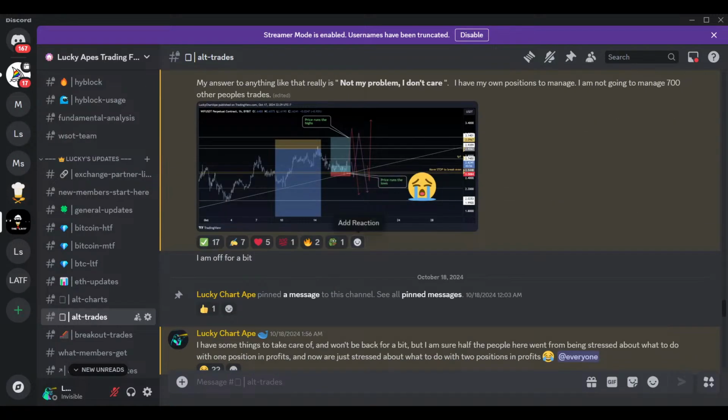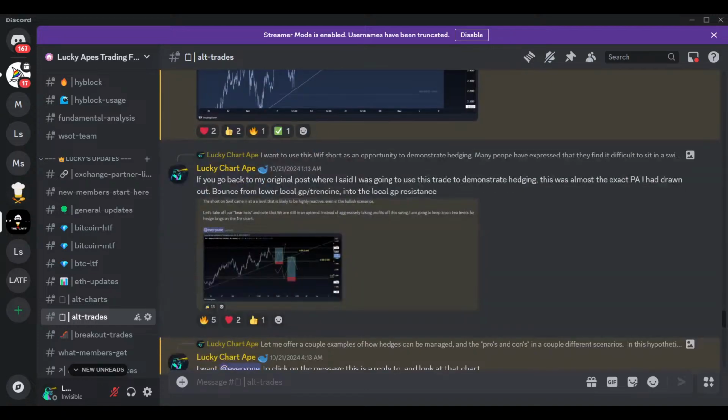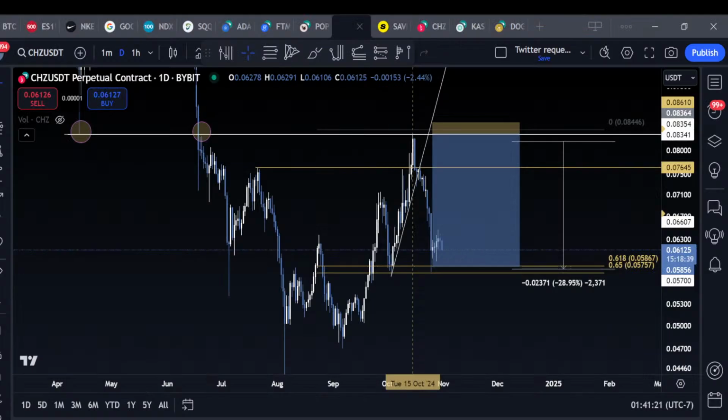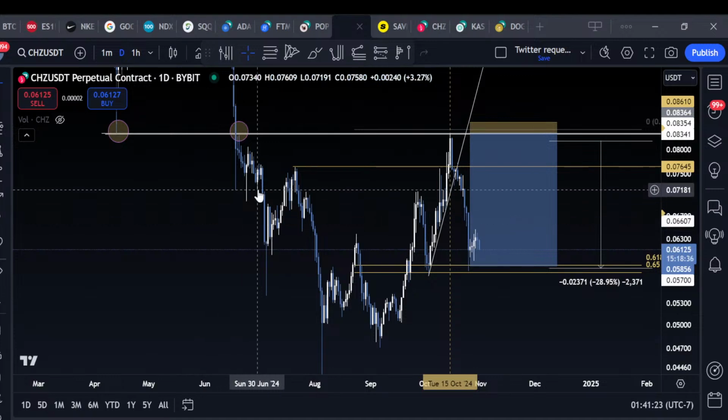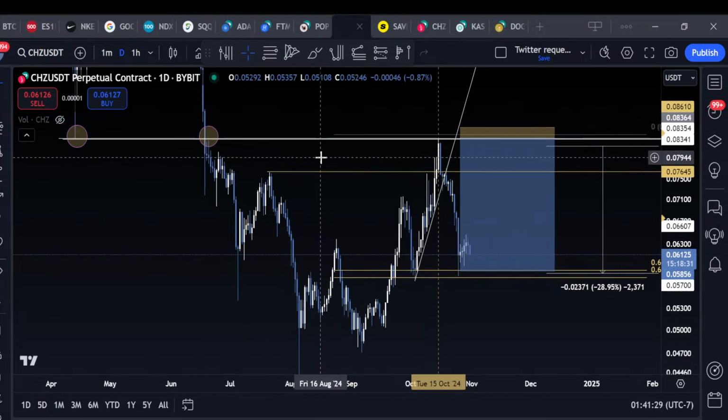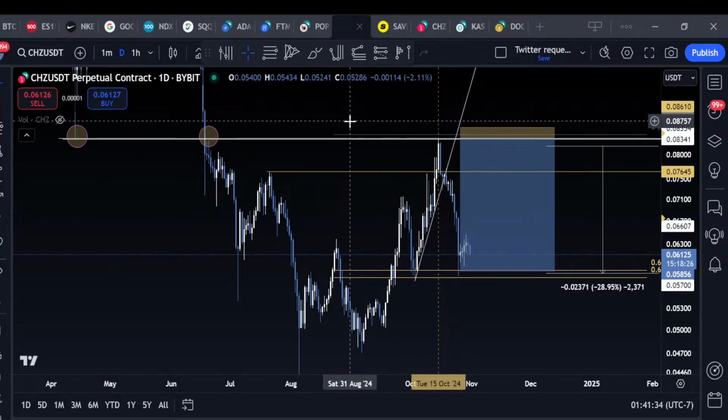People say, I don't know how to journal. Well, start by taking a chart, writing out your trading plan, writing out how you executed your trade, and then tracking the results trade by trade, looking for ways to improve, looking for errors. And yeah, I don't know. I'm going on a little bit of a rant here, but it is frustrating when you explain to people the things they need to be doing, and they say okay, and then they just don't do any of those things ever for months and months.